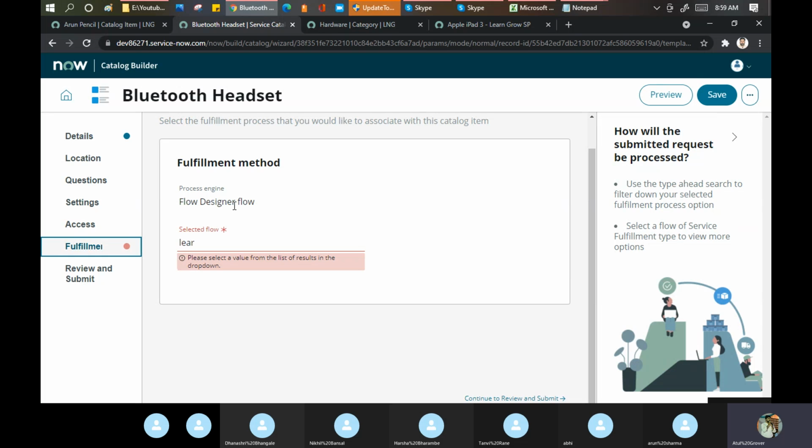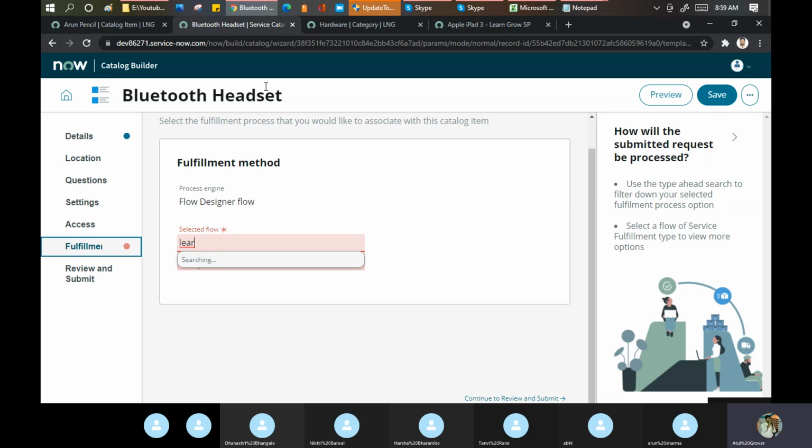Okay, one more important point. It is a difference between the maintain item and the catalog builder. In the catalog builder, you have to use only and only flow designer. Only flow designer. I'll show you maybe in half an hour how you can get the flow designer.